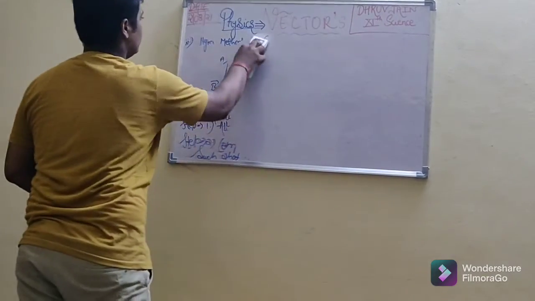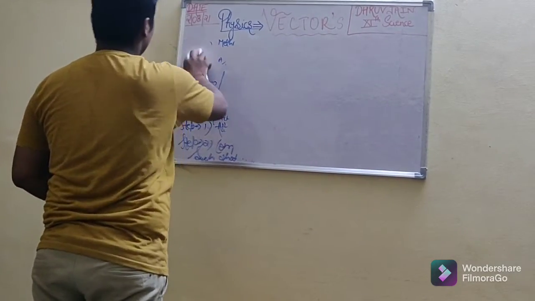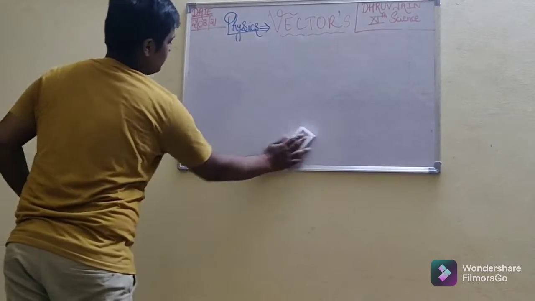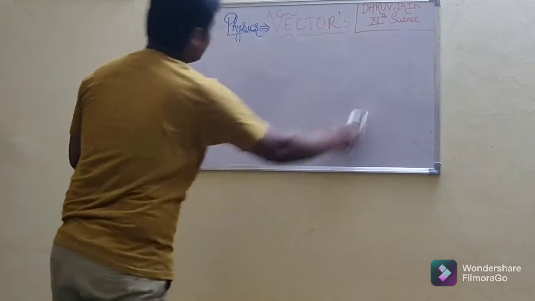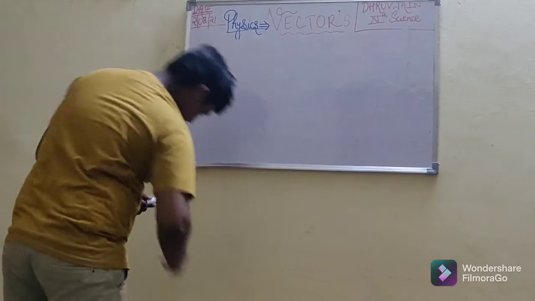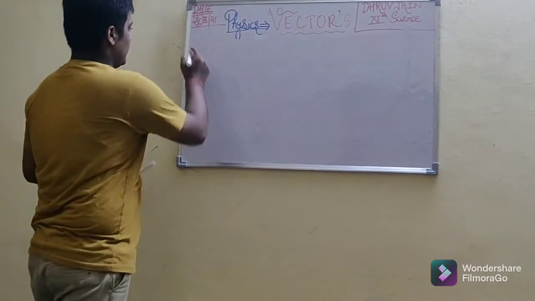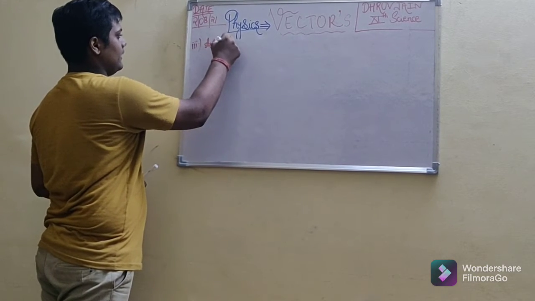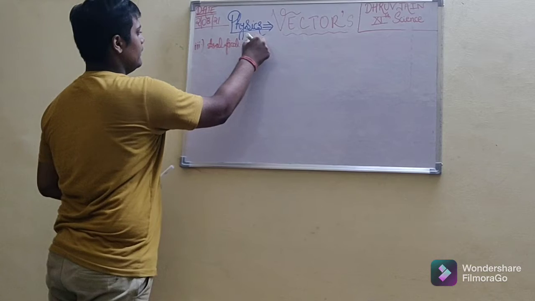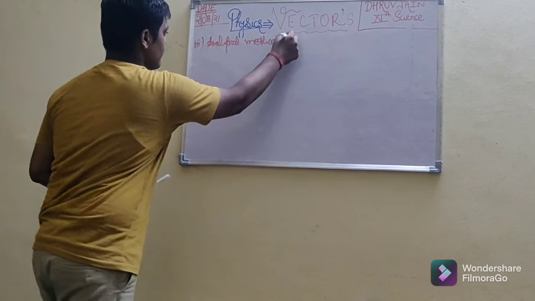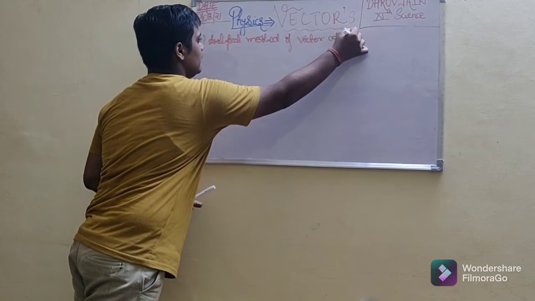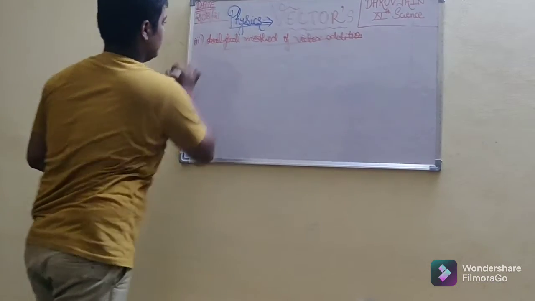So I am going to move to the last method, which is said to be the formula method. In this we will use a formula to find out the magnitude of the resultant vector. So this is called our third method, which is the analytical method of vector addition. So see how we will solve this.